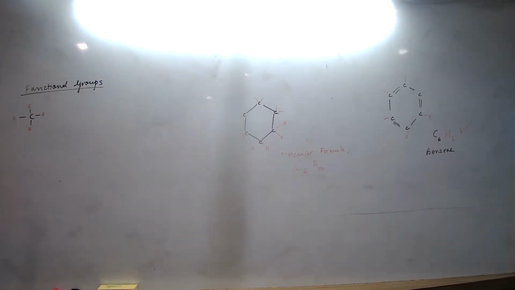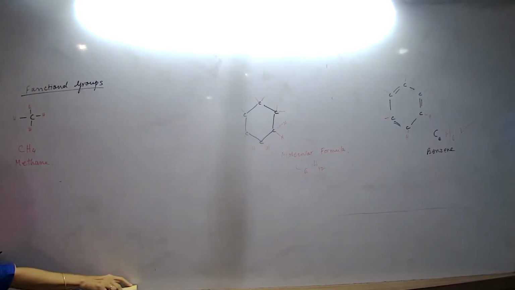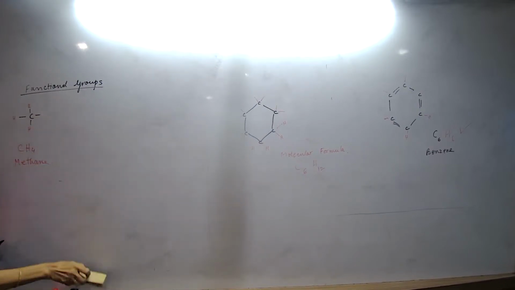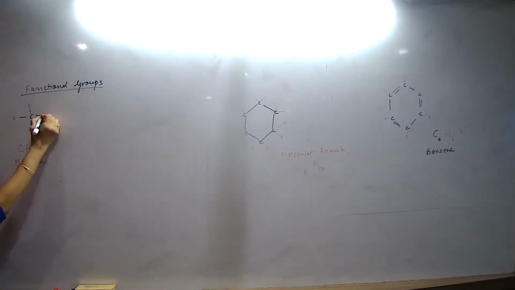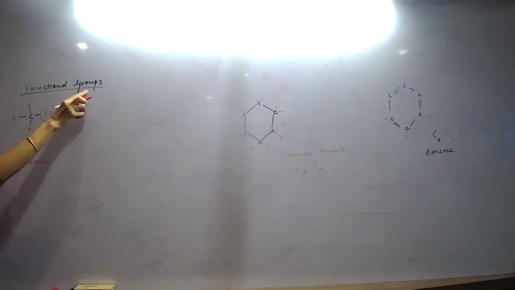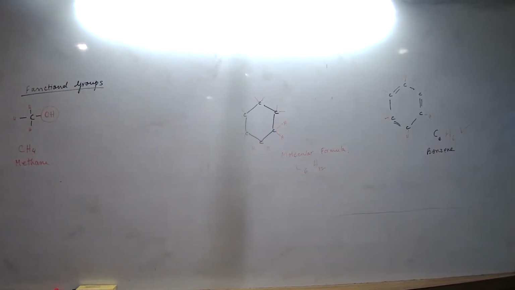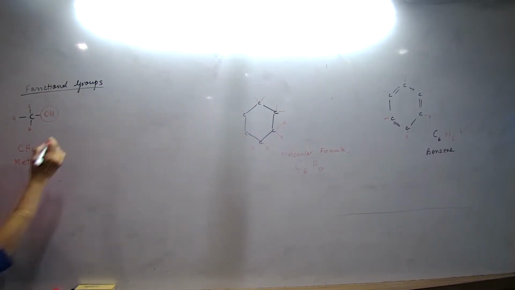CH4. Correct? It is CH4, which is methane. Look at the board very carefully. Now what am I doing? I am taking out one hydrogen and I am replacing it with another group. This is a functional group. That OH group is what is known as an